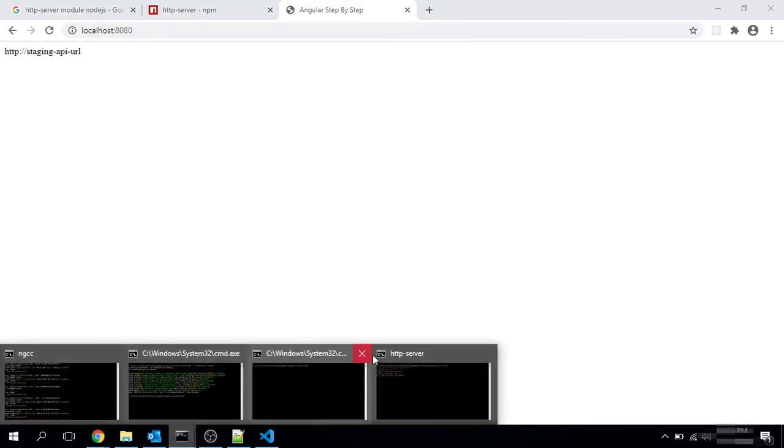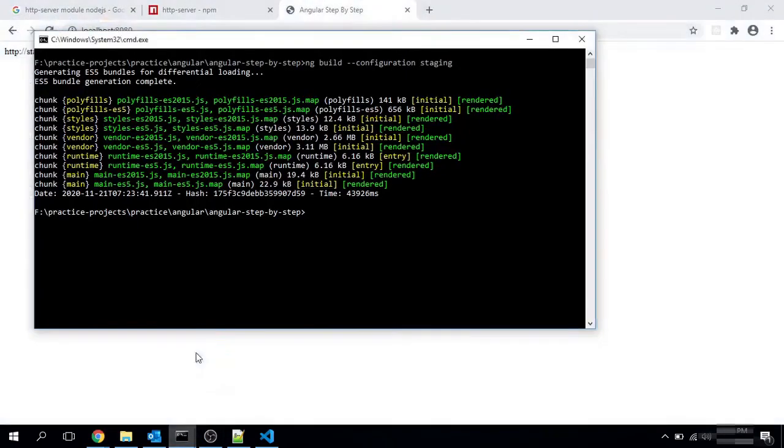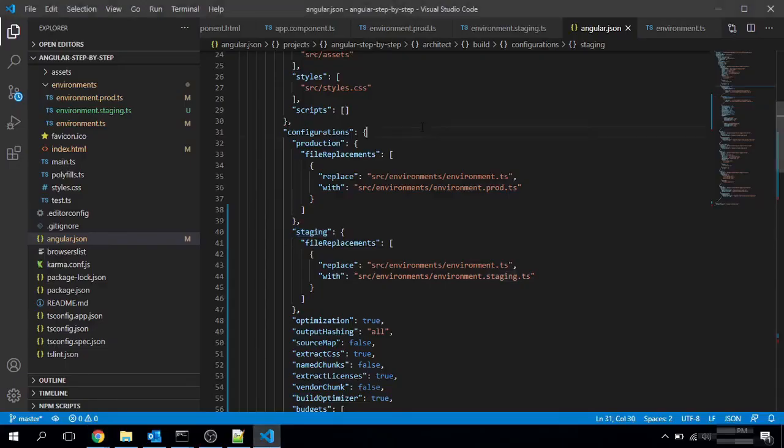You can see that I executed the staging environment file to run our build for the staging environment. You can see our last command, and I have just shown the environment for which we have created our build.